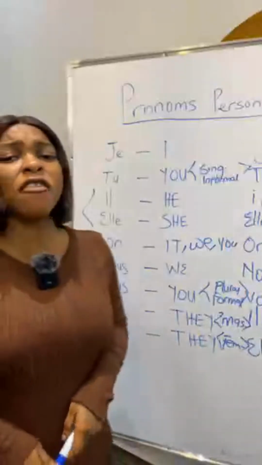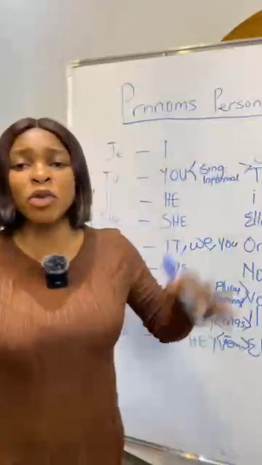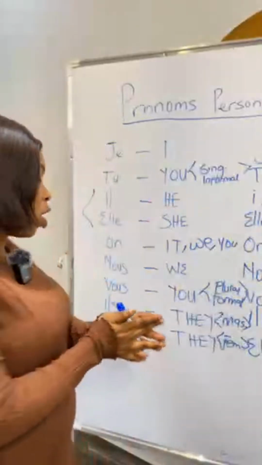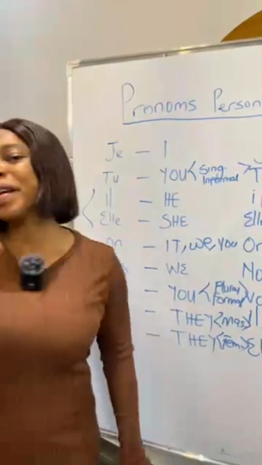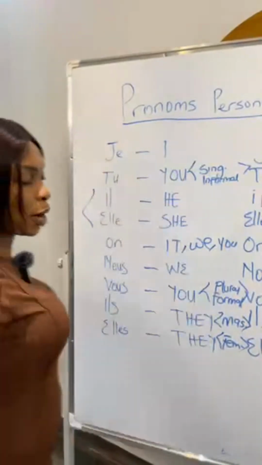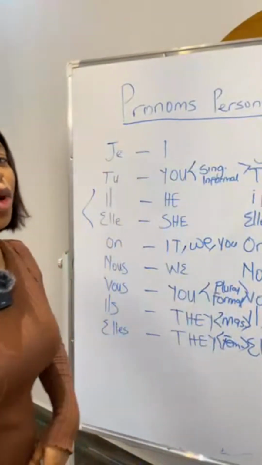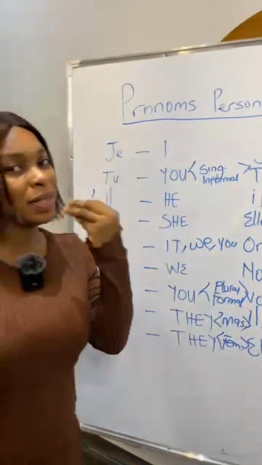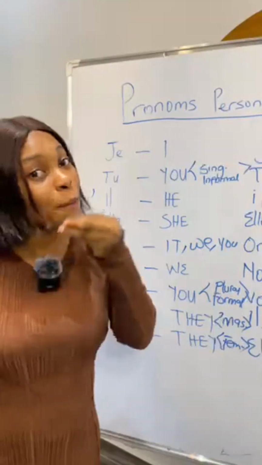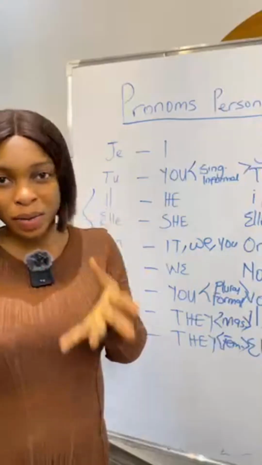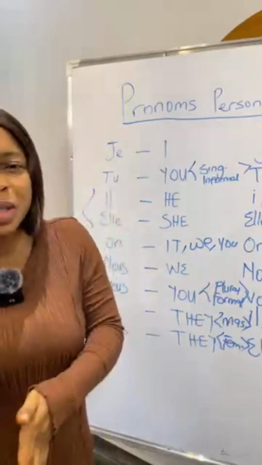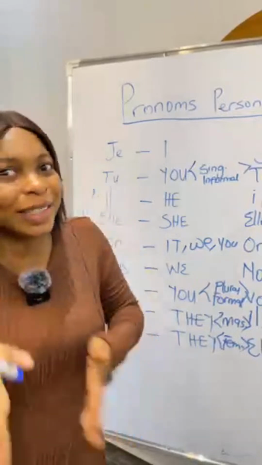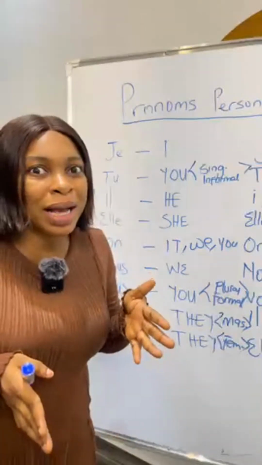And don't forget, when we have a group of men and a group of women and we want to address them together, what do we use? We use ils. Very good. So one more time and then we'll go to the verb avoir. So I hope you're pronouncing it. I hope you're saying it just the way I'm pronouncing it, because you need to pronounce French just as the French would pronounce it, and not try to pronounce French with an English accent.